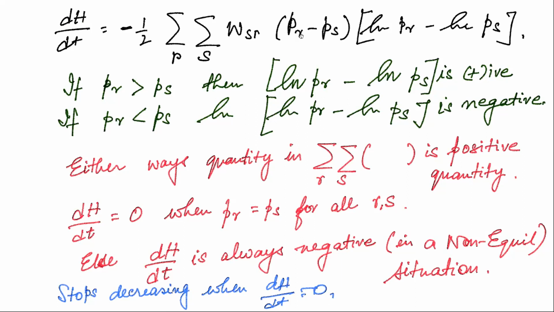On the other hand, if PR was less than PS, so this would be negative, so would be this, and the product of the two will be positive. So whatever is there under the two double summations is always a positive quantity as PR and PS change, right? I mean, they might change or might not change, but in general, dH/dt is going to keep on changing,